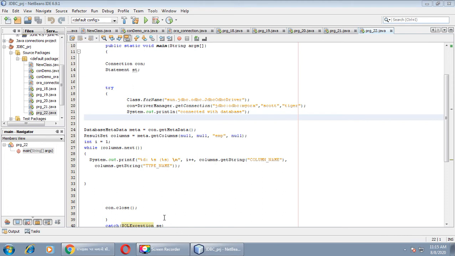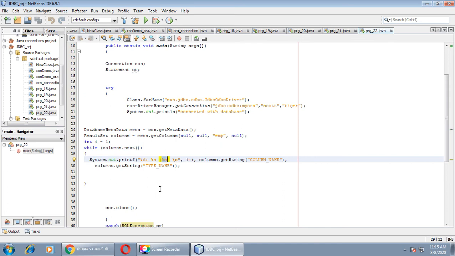So we will get all the information. %d means the column number, then %s, this format specifier prints the name of the column, and the third %s prints the data type of that column.